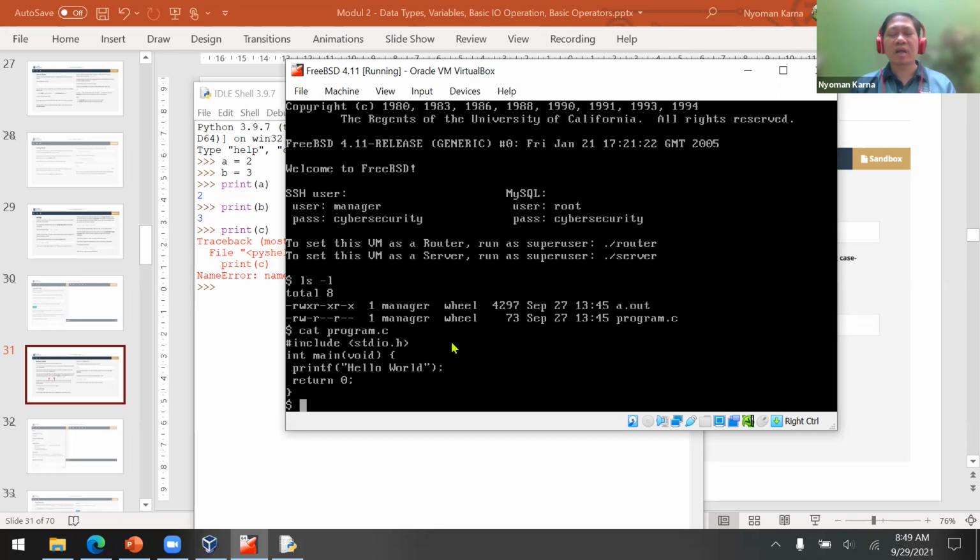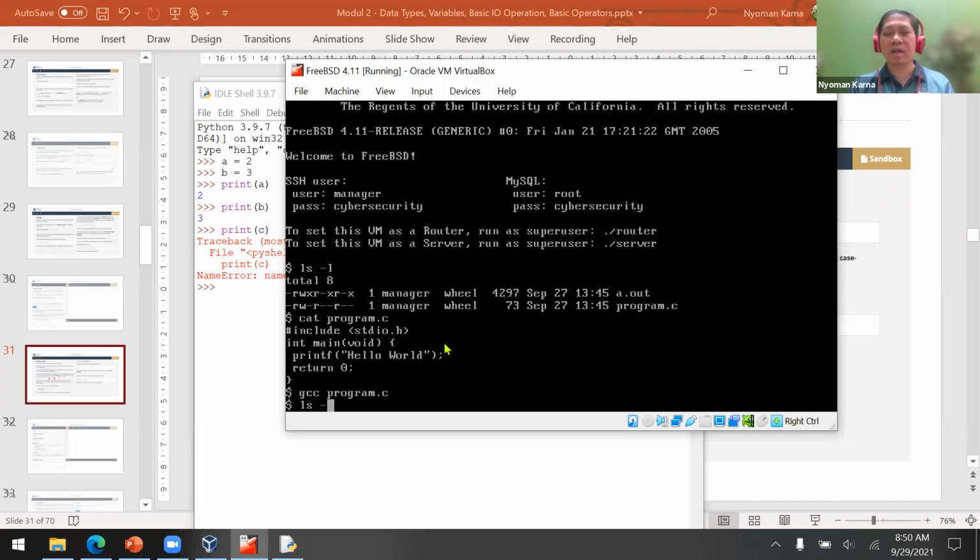Now I cannot run this program.c because it's only a text file. To run this program, I need to compile it to become an executable. We're going to use a compiler, and in this case, we're going to use GCC, the GNU C compiler: gcc program.c.